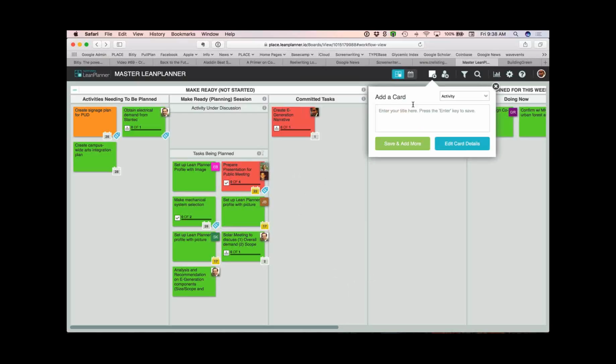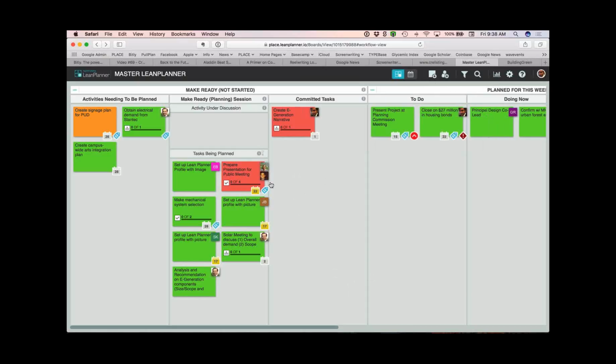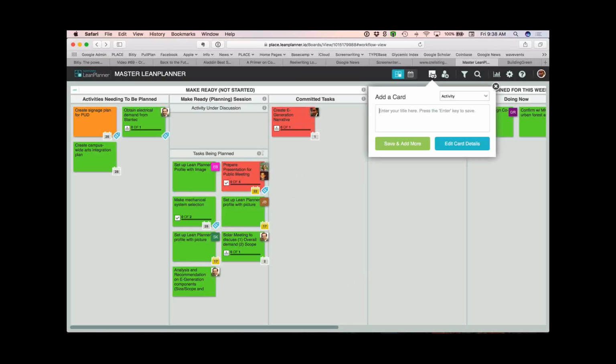So I was just going to, let me instead bring up this, let me make a new card. So just as an example, we have lots of meetings, as you all know. And I think that we're trying to get better and better at making sure that those meetings are really productive.